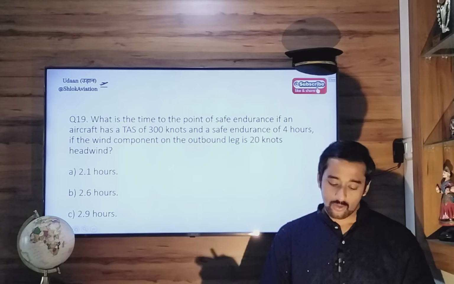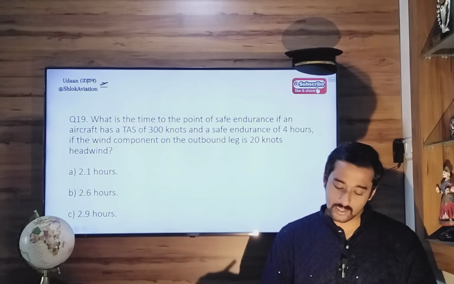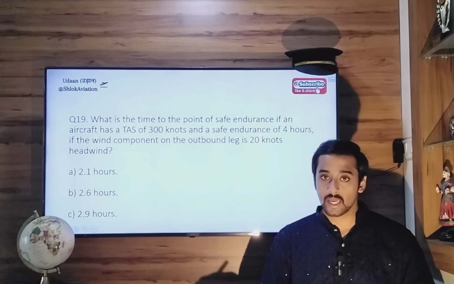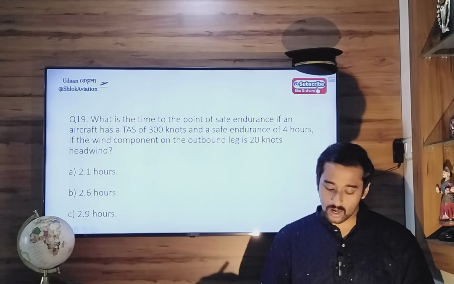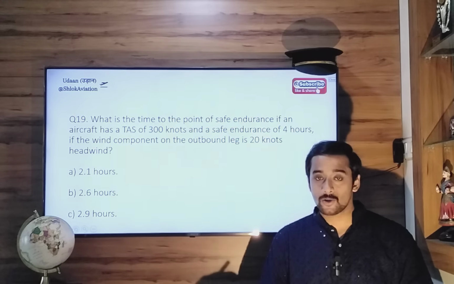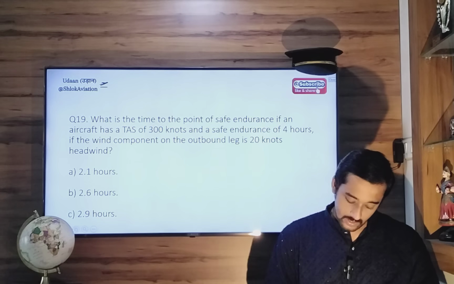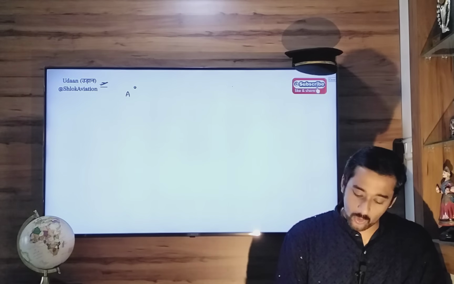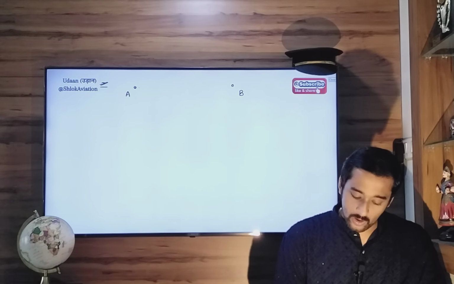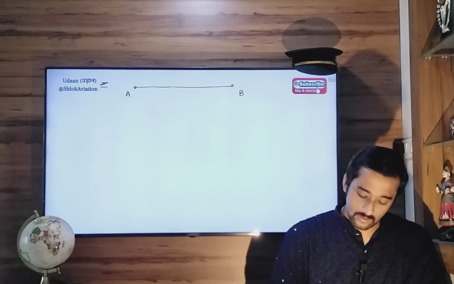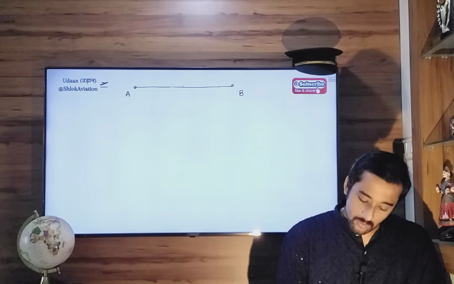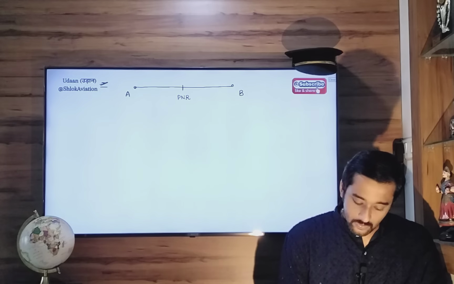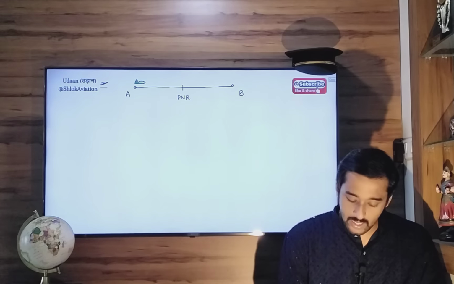Question 19. What is the time to the point of safe endurance, that is point of safe return, if aircraft has a TAS of 300 knots, endurance 4 hours, wind component going outbound is 20 knots headwind. So let's say this is point A, this is point B. You're going from point A to point B. This is your point of no return. Now going outbound from point A to point B,